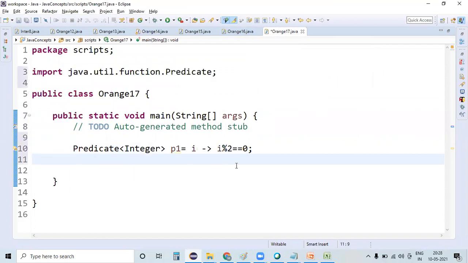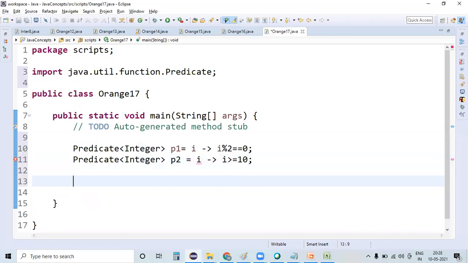So this is my first condition. Predicate again of Integer p2, i greater than or equal to 10. I want to verify both the conditions on a predicate.